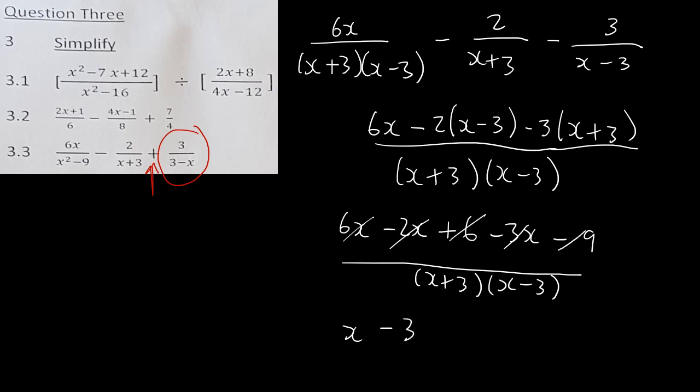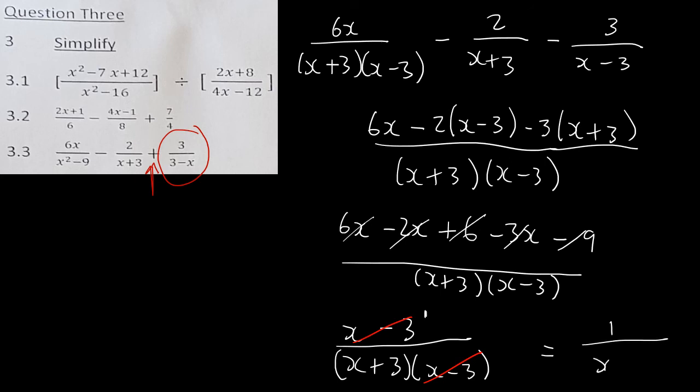So all the terms are catered for, and then I'm left with x plus 3, which is my denominator, over x minus 3. Now clearly you can see that these two will cancel off, and so therefore remember, this x minus 3 goes here one time, so you need to write down 1 over x plus